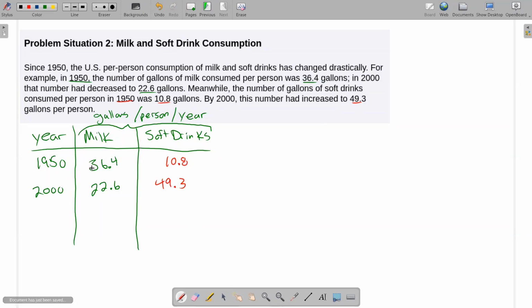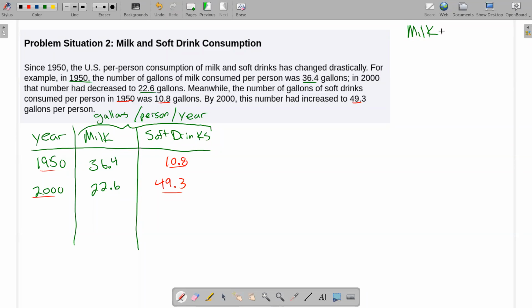So what I've done here is, for example, for milk, I have a point, 1950, 36.4, and then another point, 2000, the year, and 22.6. And so I'm asked to graph that point. And similarly for soft drinks, I have a point, and the point would be 1950 goes with 10.8, and 2000 goes with 49.3. Right, so I have two sets of points. So I'll write those out separately. For milk,